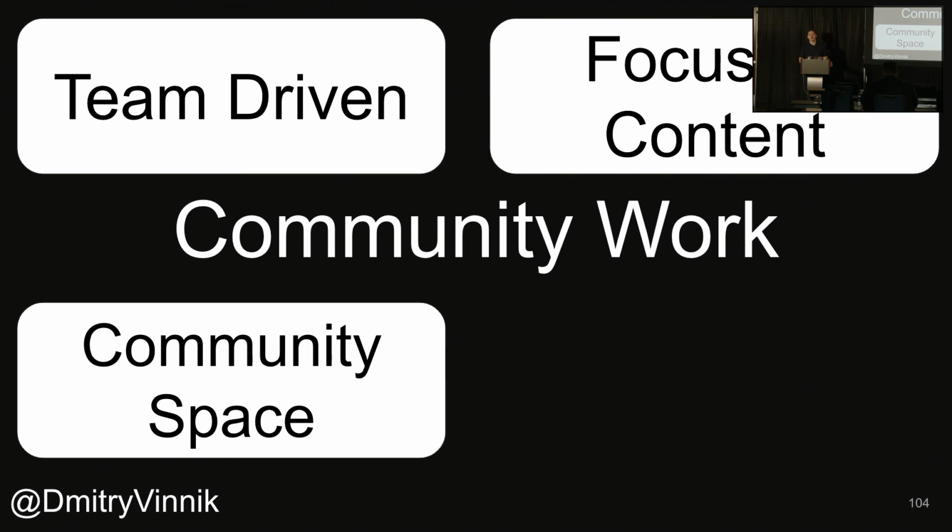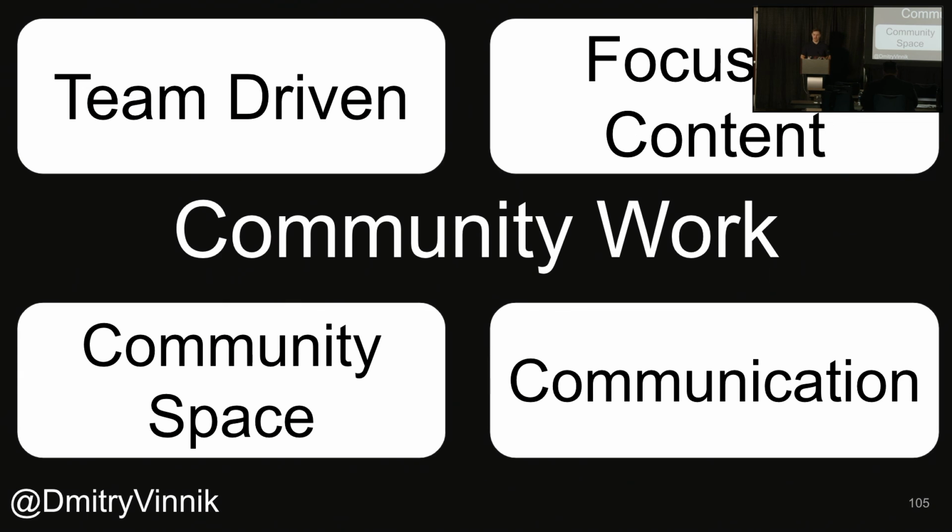Okay, it's also very important to build a community space, a place where people can chat. But it's also important to keep people comfortable and welcoming there. That's where a code of conduct comes into play. So maybe Slack or Discord, whatever else. I always mix up Discord and Discourse, but one or the other. A place where people can go, chat with one another, and ask questions. So it's not just a forum somewhere random. It's a place you will send them to. Have it on your website, have it on your GitHub repository. Lastly, and very importantly, talk to your community, figure out what their issues are, what they're trying to solve, and work with them.